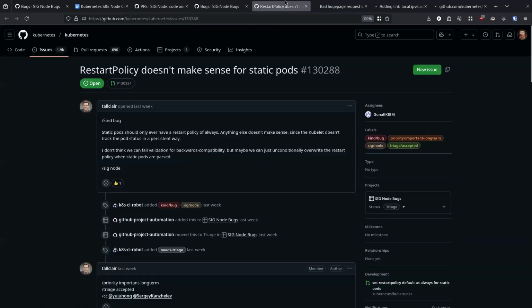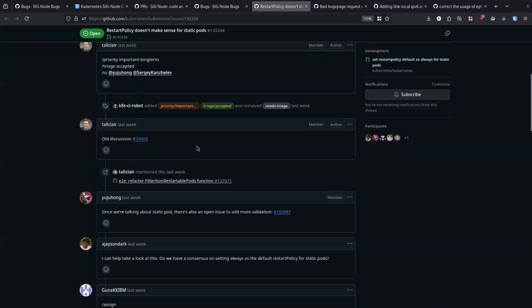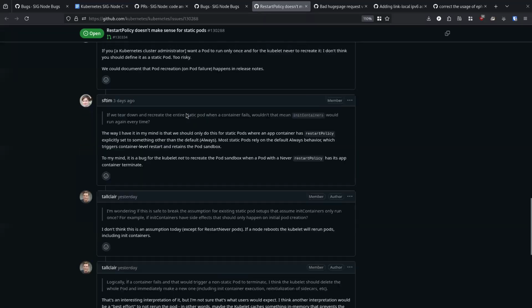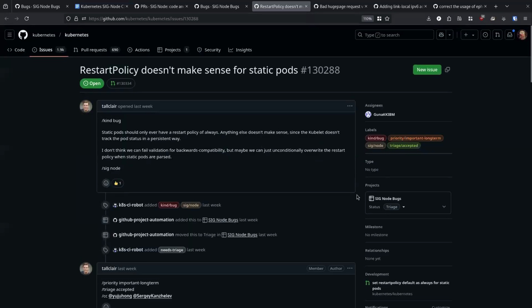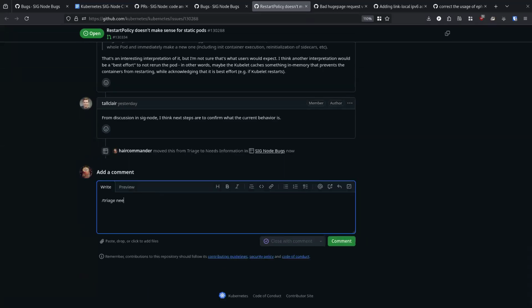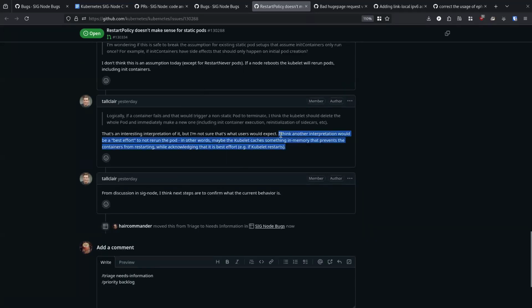Restart policy doesn't make sense for static pods. This was talked about in SIG Node. We're still sort of in the process. I think we can triage accept this even, well, I guess actually technically that's the needed information. But I think it is something that is worth